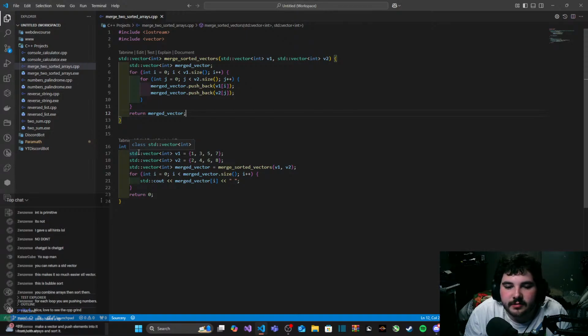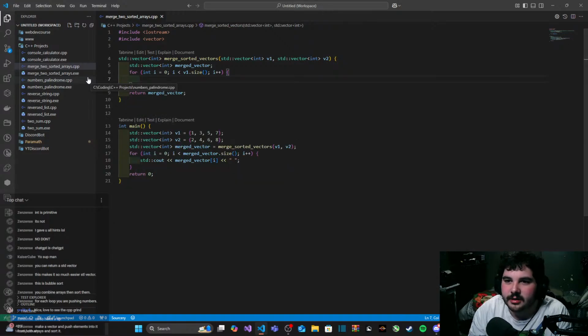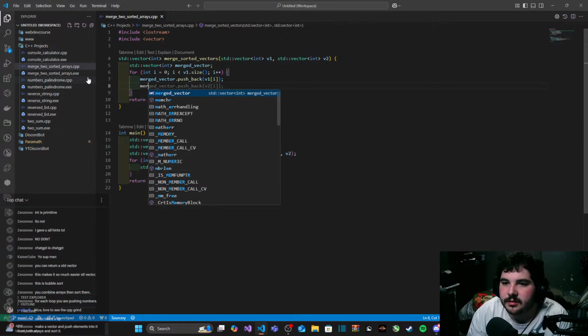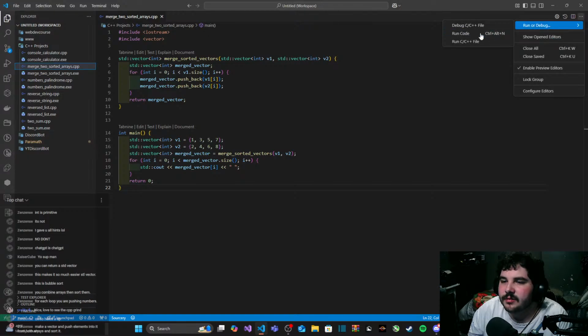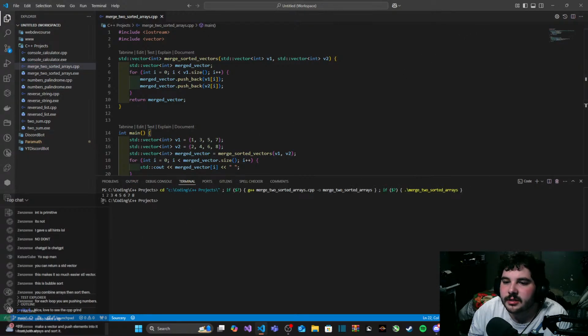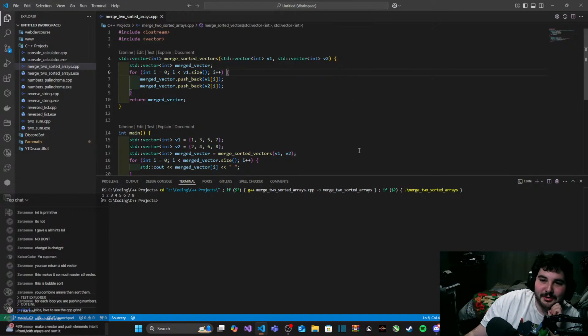Make a vector and push elements into it from both arrays and sort it. That's a good idea. Vector.pushback. Merge to vector.pushback. Okay. You know what? I'm actually gonna just run the code like this. 1, 2, 3, 4, 5, 6, 7, 8. Hey, wait a minute. That works.